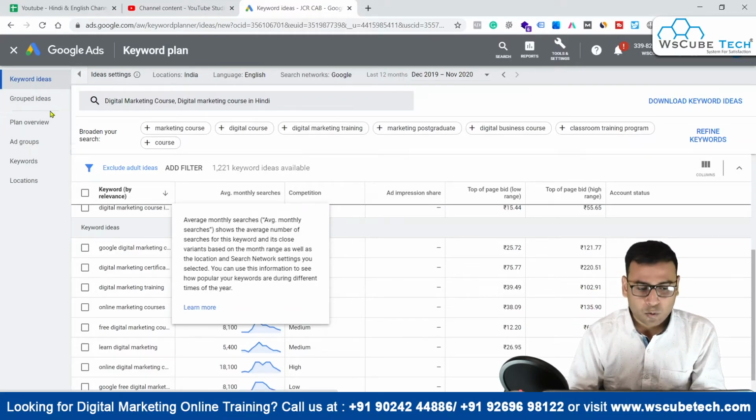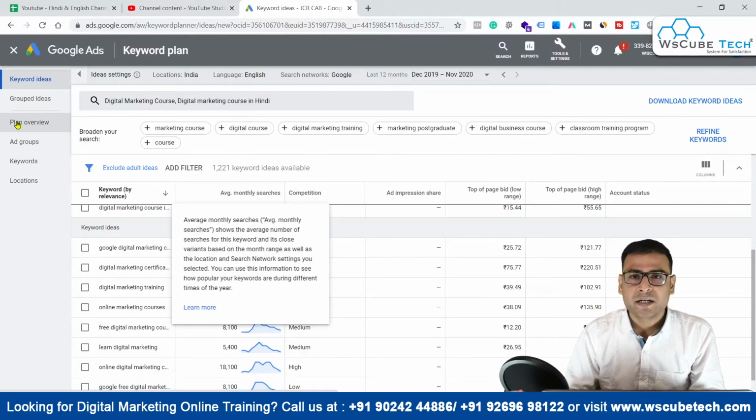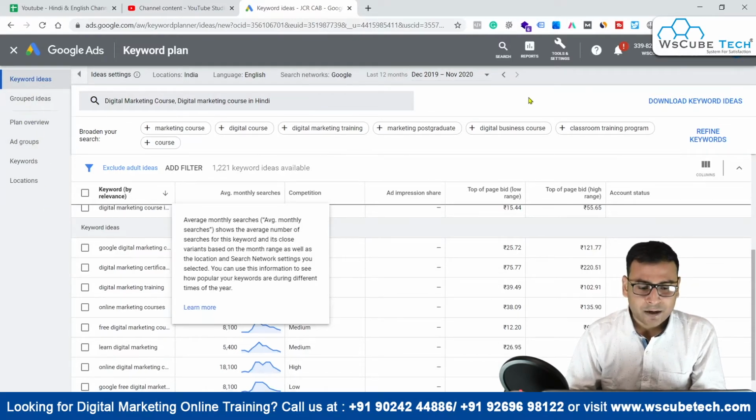And then we have plan overview over here. And if we wanted to create ad groups based on the relevancy of ad groups and the keywords, we can do that over here. We can go with certain keywords over here. We can analyze on the basis of locations. And guys, plan overview is something when you want to basically get some forecast based on the cost estimates, based on the conversion estimates. So that is basically a forecasting kind of a thing. So we will leave this thing for now, and we will rely on this manual method over here.